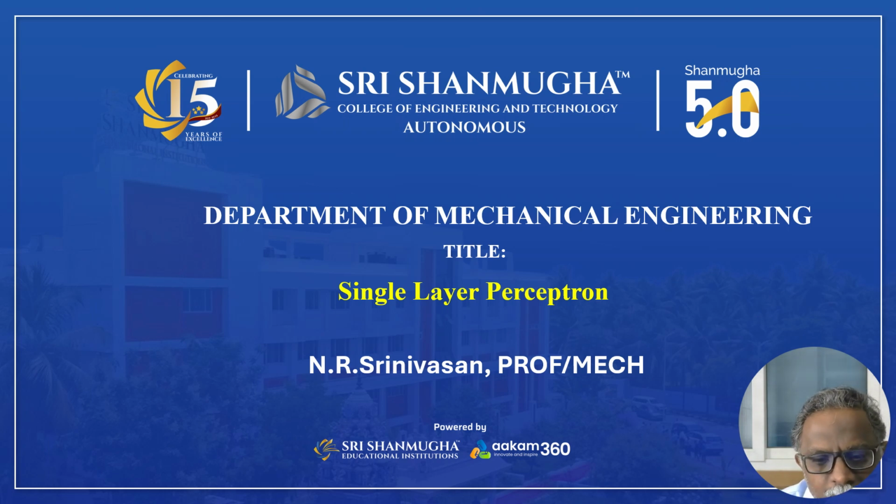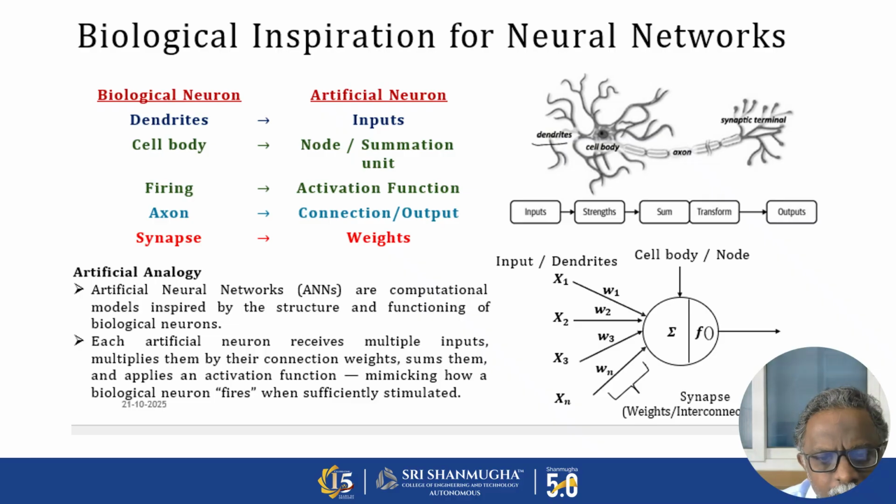Today I'm going to talk about single layer perceptron, which is the most important topic in neural network systems. To understand the neural network system in terms of mathematical representation, we need to understand how a neuron works in our body. In our human body, we have around 10 power 11